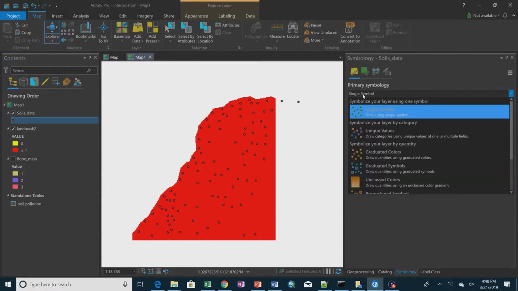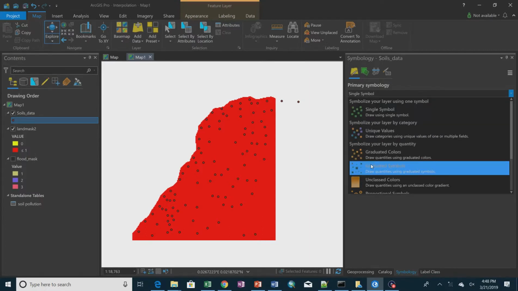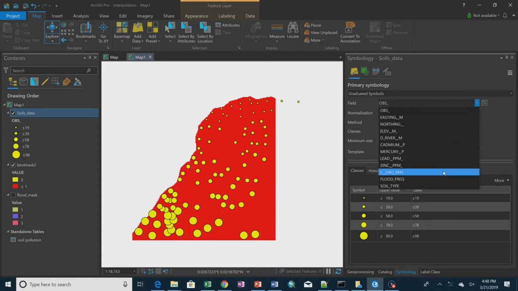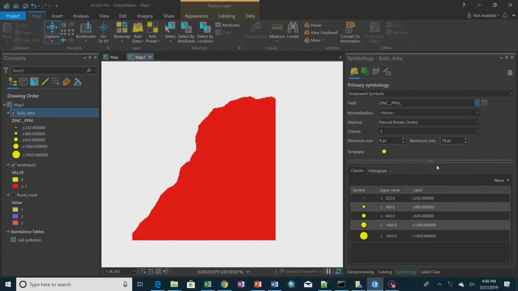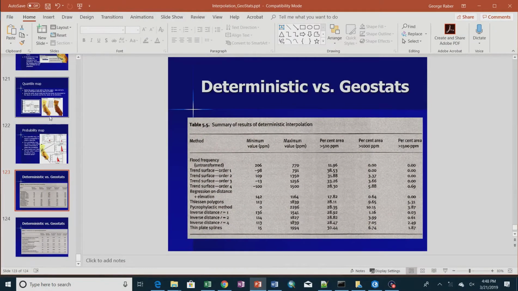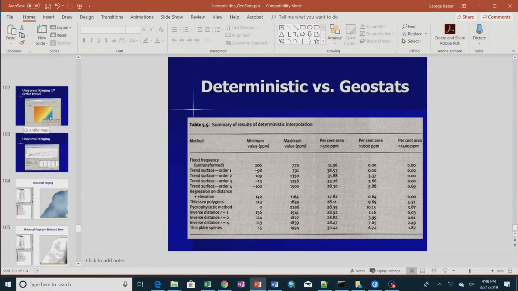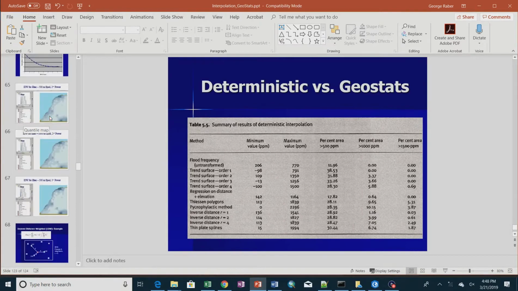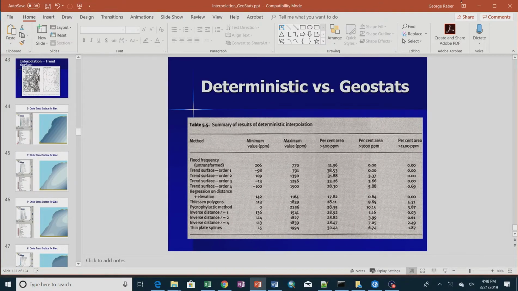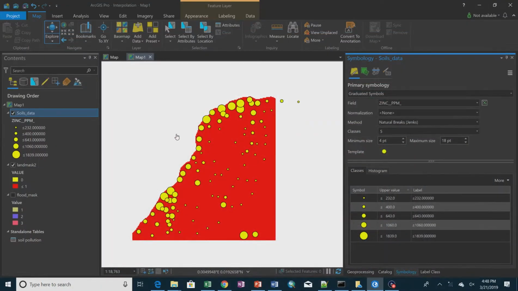Using graduated symbols. Yep. So if I choose zinc here. Go. So that's kind of, with obviously different colors, but it's the same basic symbol as we had way back up here. Remember when? Anyway, I don't know where it is. But okay, so what we're going to do is we're going to go through the workflow of what you need